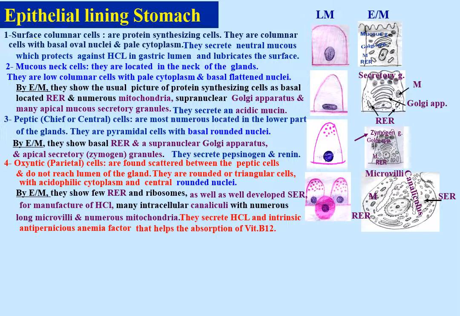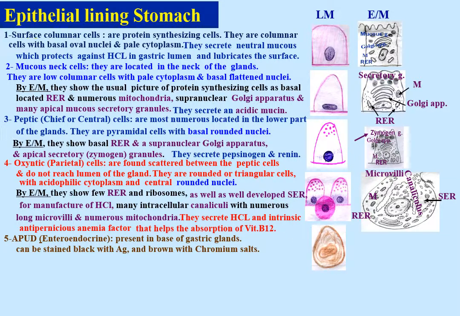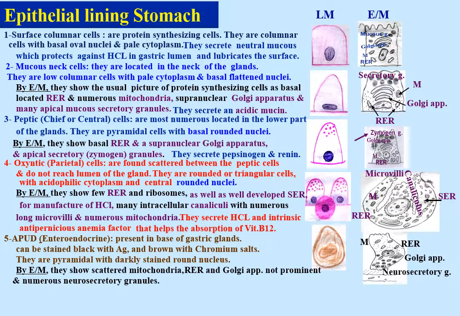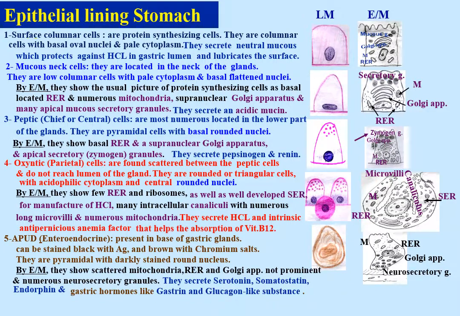Other cells are APUD cells or enteroendocrine cells. They are present mainly in the base of the gastric glands. They cannot be seen in ordinary stain and need a special stain like silver or chromium salts. They show scattered mitochondria, rough endoplasmic reticulum, and a Golgi apparatus that is not prominent. They secrete the usual hormones serotonin, somatostatin, endorphin, as well as gastric hormones like gastrin